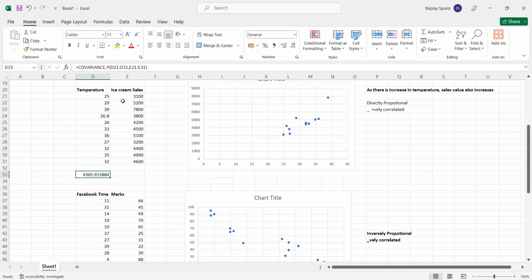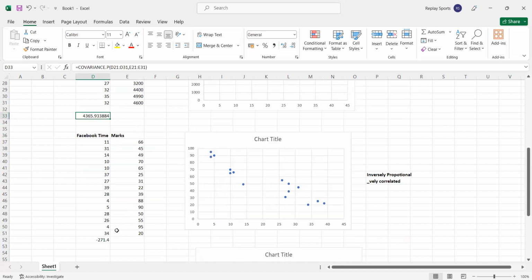If I have one more set of values, the summation will be big. So covariance does tell you the relationship, but we can't compare whether it is strong. See, this is minus, this is plus. I agree. But is this stronger or is this stronger? We don't know. That's why we have to find one more calculation, which is your